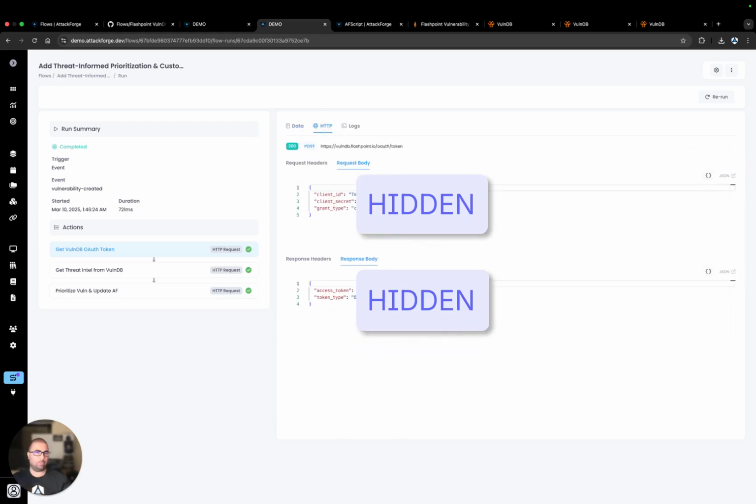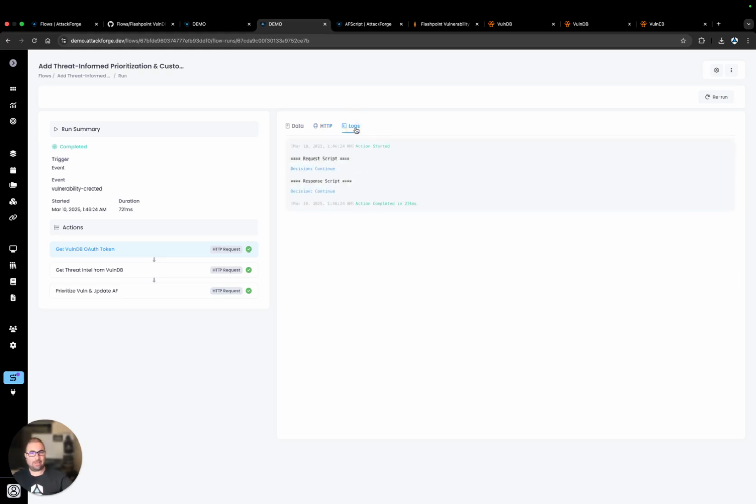So at this point, we're going and fetching data from, or retrieving a token from, Flashpoint's API. We can see the body and request headers that were sent, and similarly the response headers and response body, including the access token. The logging is there to help with debugging. In case there's any issues or troubleshooting, you can add logging using AFScript to help you with tracking what's happening